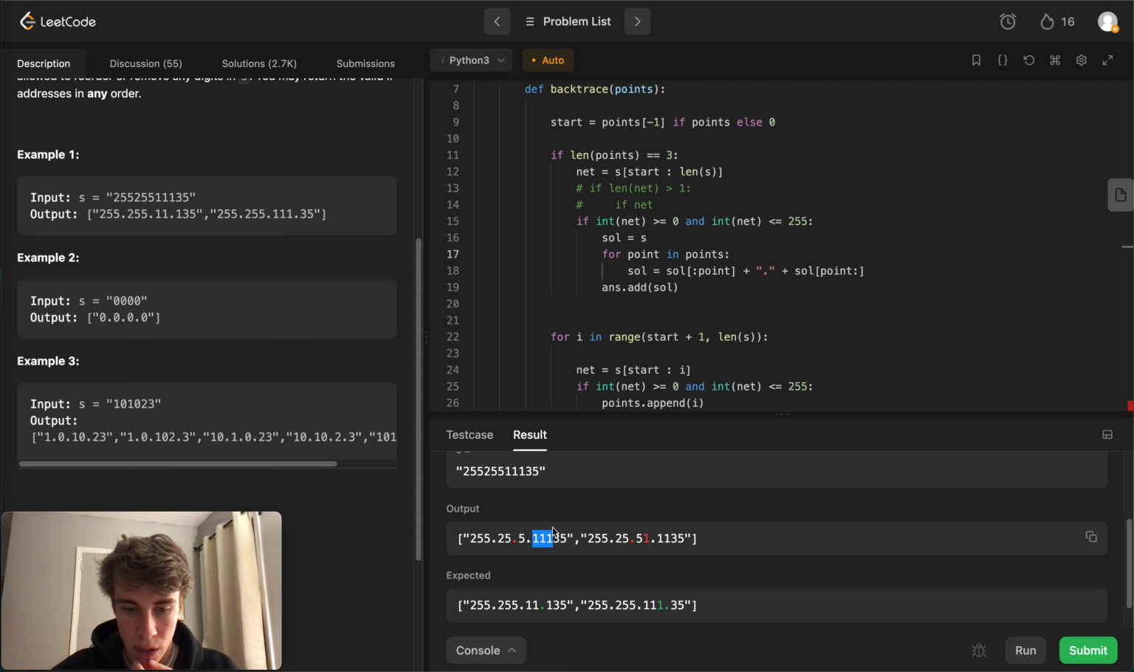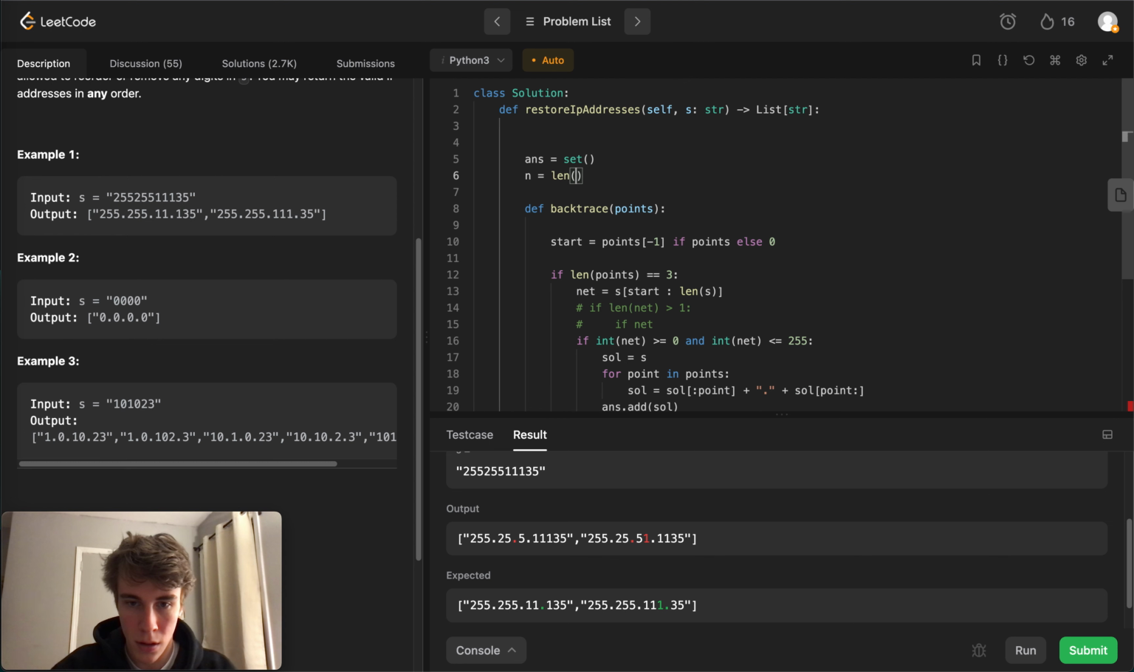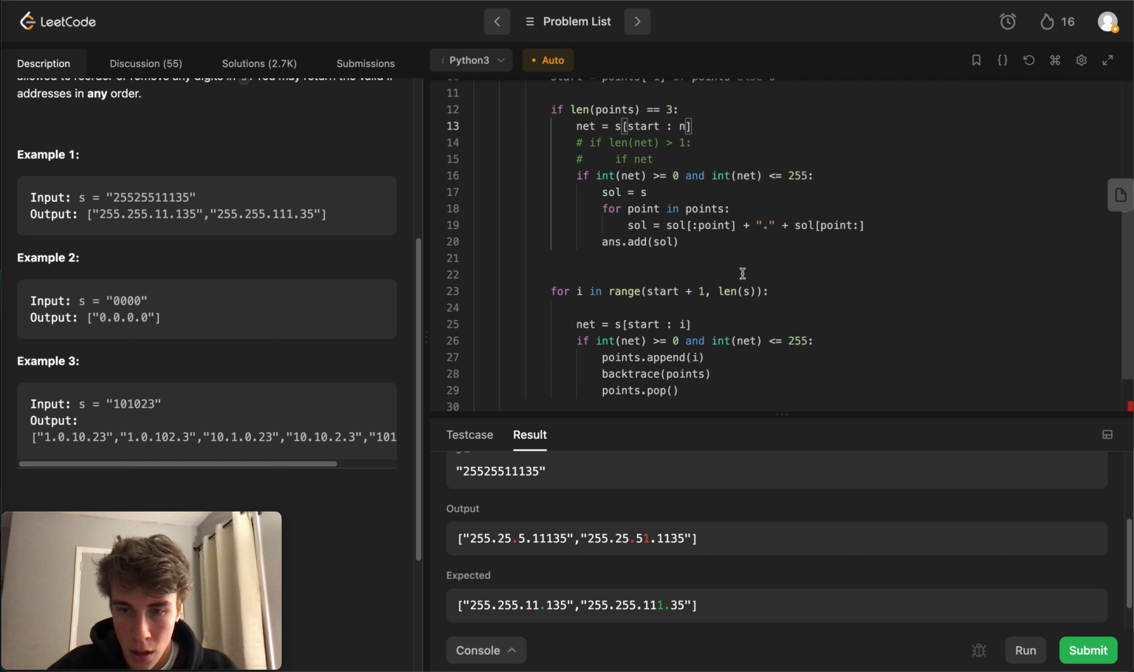We're almost getting something more sensible, but pretty sure that... what is going on here? Why, when I'm hitting that the length of points is 3 and the net, why am I adding this huge number to the back of